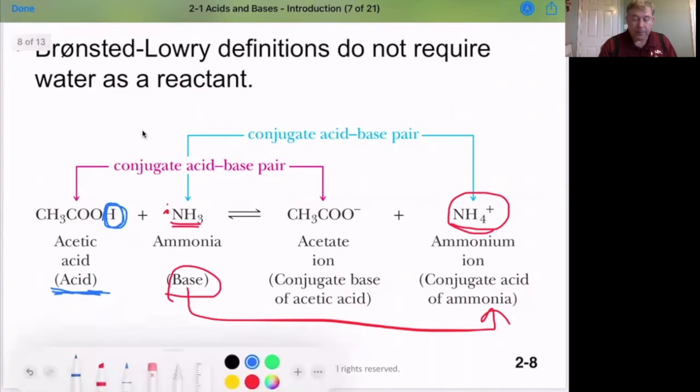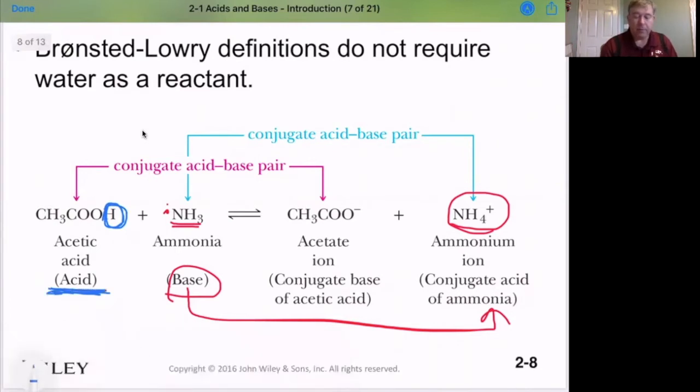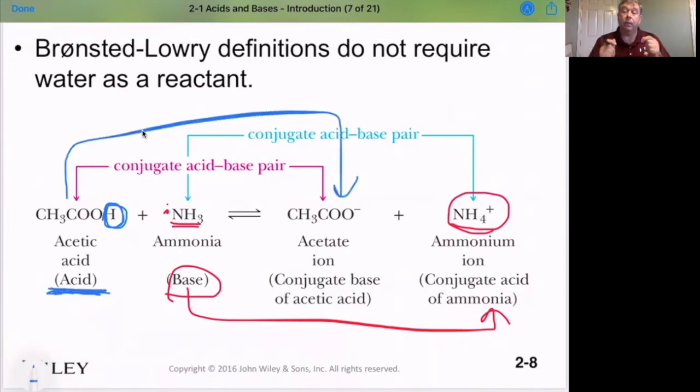When we donate the proton from the acetic acid, it now becomes the conjugate base because it no longer has that proton, it has transferred that proton, and it is now the base because it can now accept a proton,